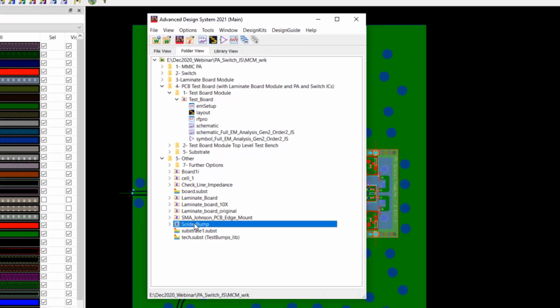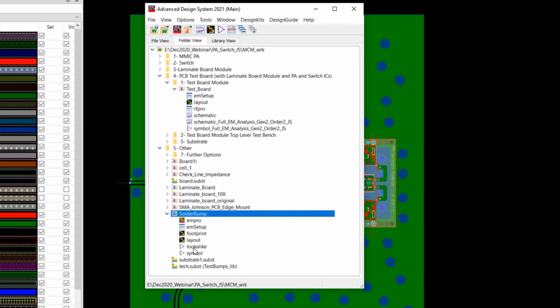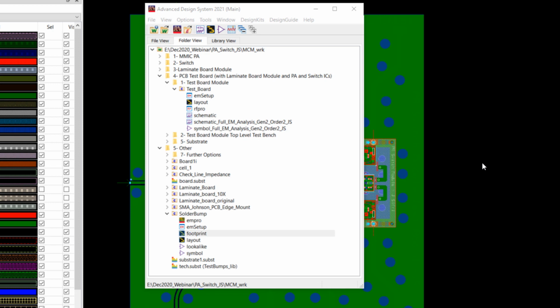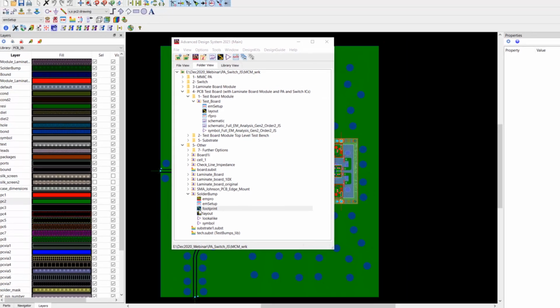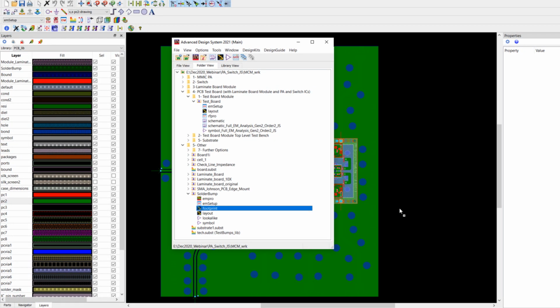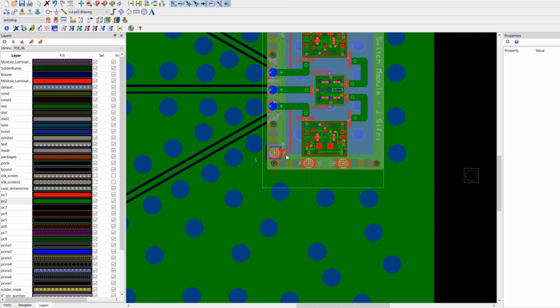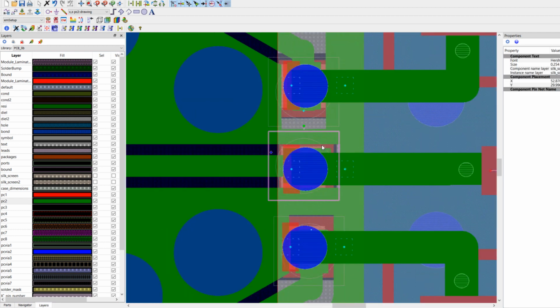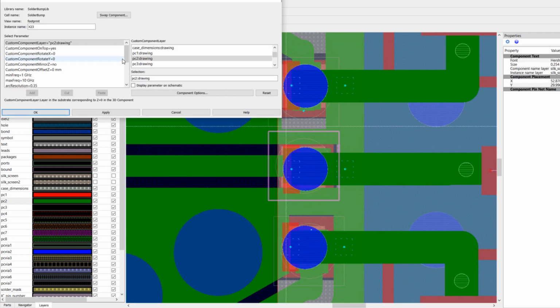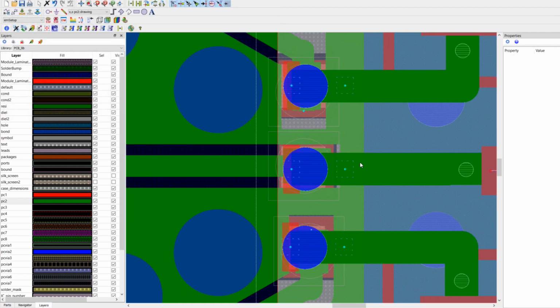Now, in the main window of my workspace, I do see these solder bumps, and now I can drag its footprints into my layout and specify the layer they sit on. So here you can see I have used them to sit on the PC2 layer, and I placed them under the pads on the bottom side of the laminate board, as shown here.